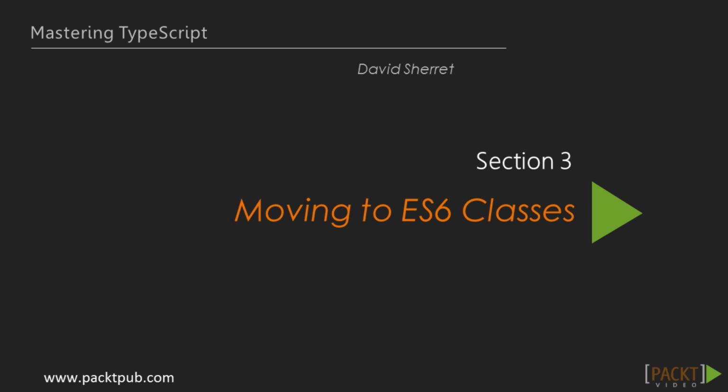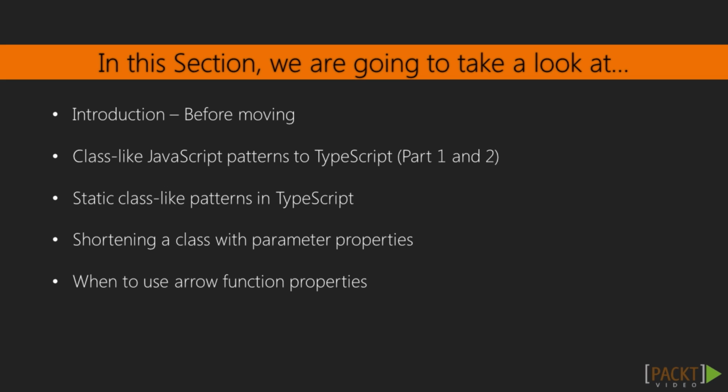In this section, we're going to look at how we converted some of the old JavaScript code to ES6 classes in TypeScript, and then look at a few language features that are useful when using ES6 classes. First, we're going to have an introduction on our process before we move to ES6 classes. Then we're going to go through a few examples of some class-like JavaScript patterns in TypeScript. After, we'll look at some static class-like patterns, shortening a class with parameter properties, and finally a video on arrow